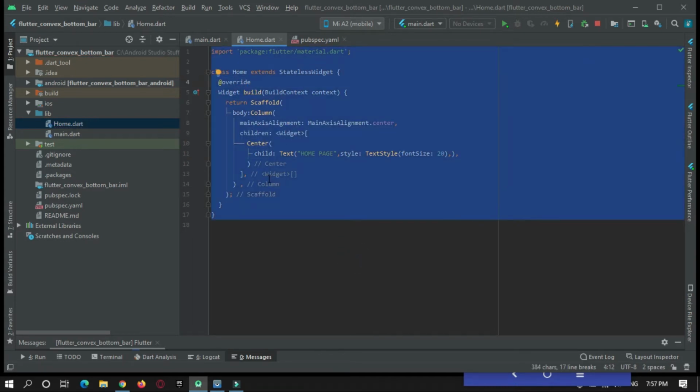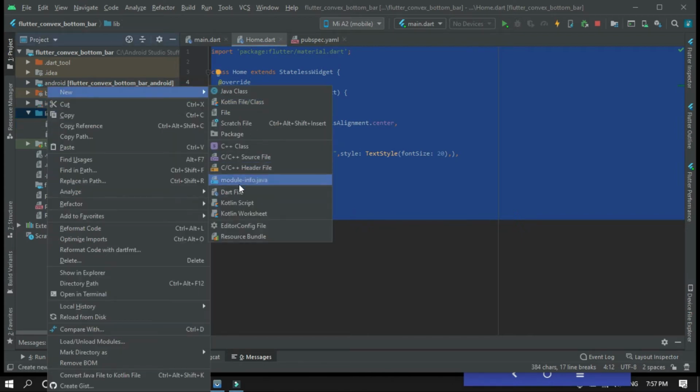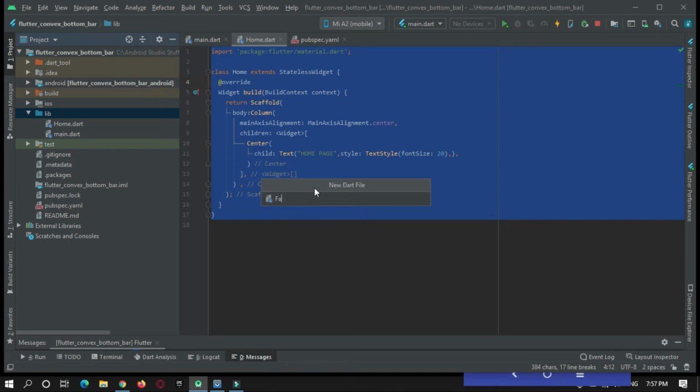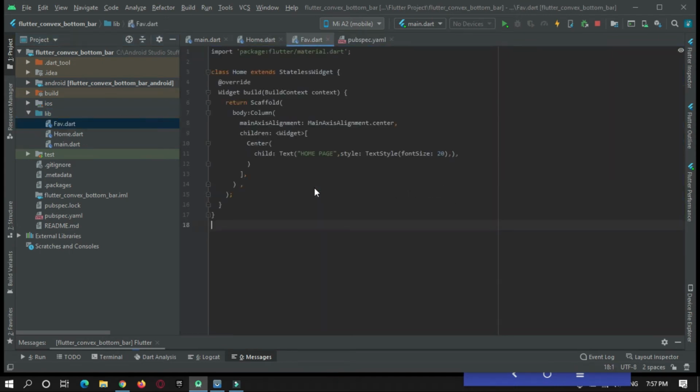So just copy it, and likewise create three more pages. The second page will be favorite page, and just copy paste the code from home page, and replace everything.